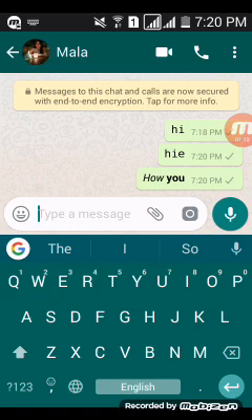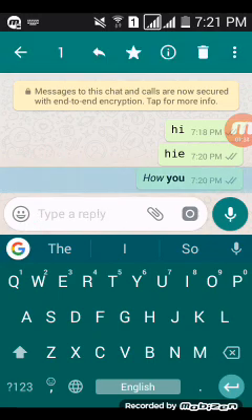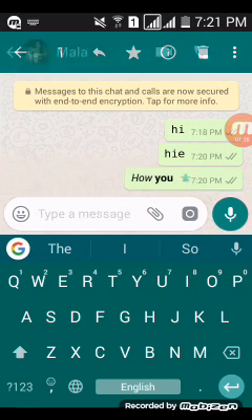See, अभी मैं next thing is I want to retain the chats which I have done with someone, and if sometimes I will clear the chat, so I don't want that chats to be cleared. So what I will do is I will select this chat and I will select this star.